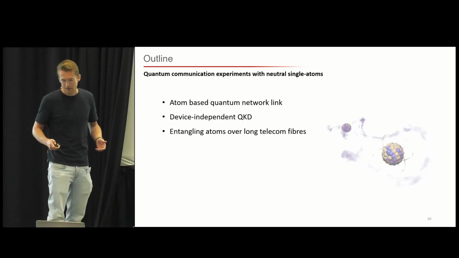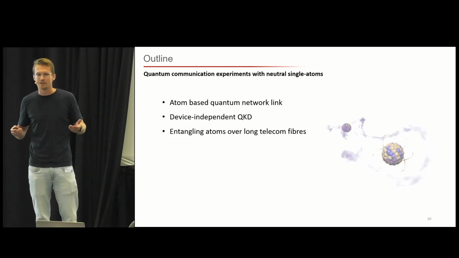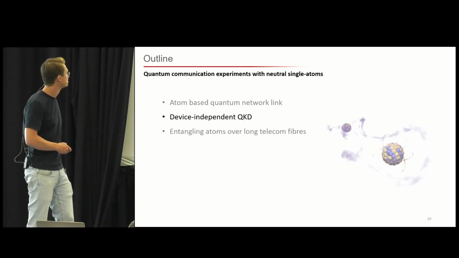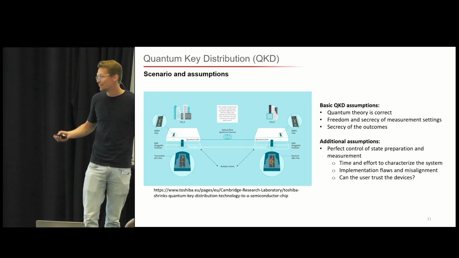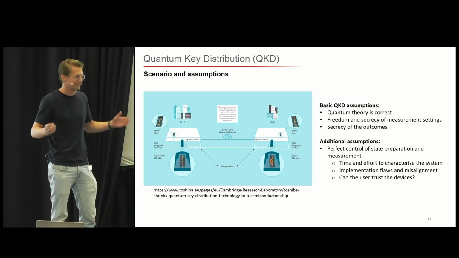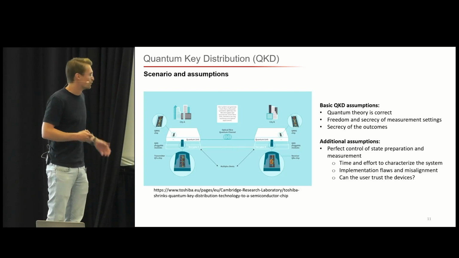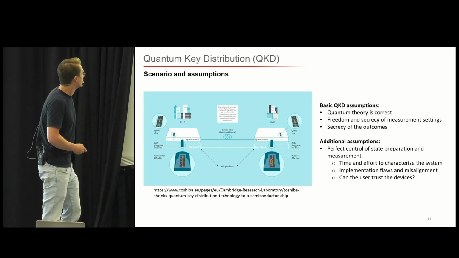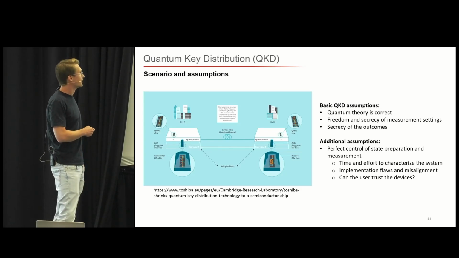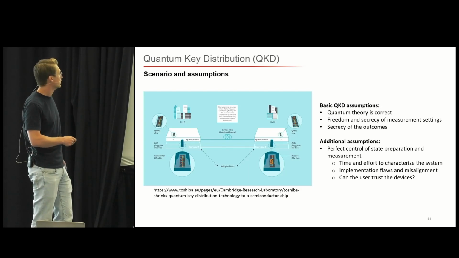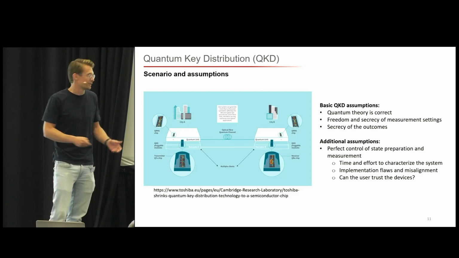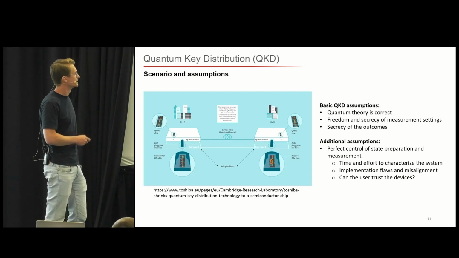So then we come to the next part, and this is about the implementation of device-independent QKD with this setup. Let's first take a step back. We go to QKD. Actually, the previous talk gave quite a good introduction, so why we want to have QKD. And QKD systems currently are commercially available. This is just a figure from Toshiba having 2 quantum units which are in different cities and are connected via a 10-kilometer optical fiber. And users can use this system to distribute keys.